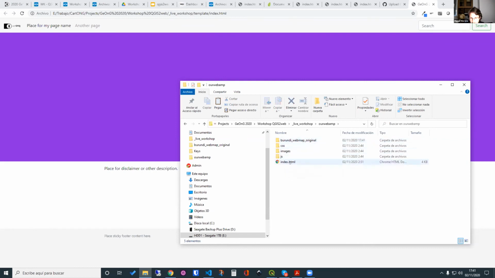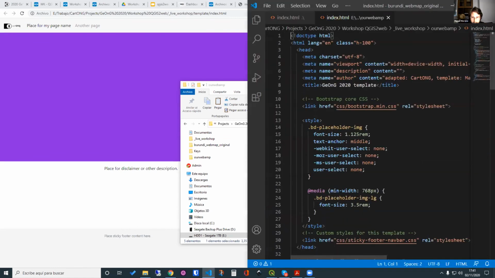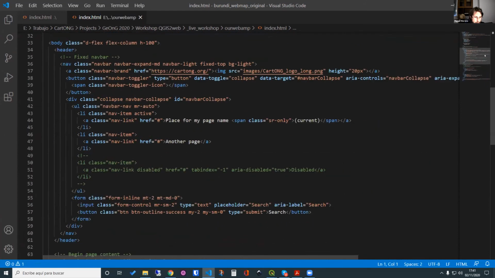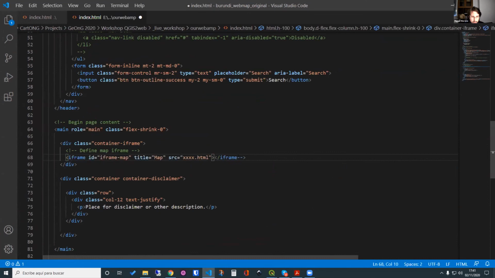And here in the index file of the template, so you see this is maybe a more complex HTML, but in your template you will have some place to add your iframe. So in this case we will need only to uncomment it and add the